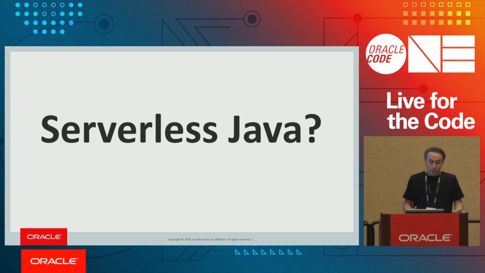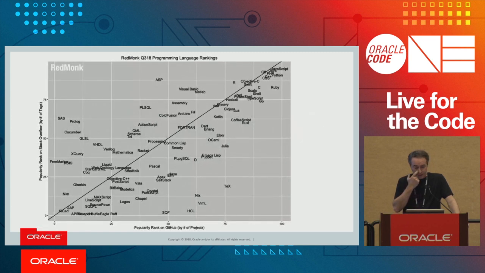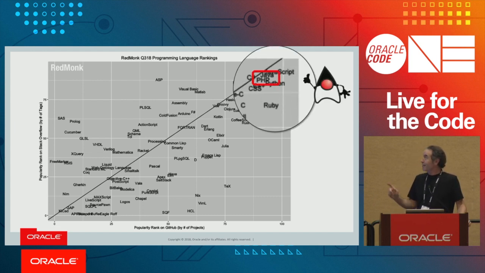So that brings me over to Java. So where's Java in all this space? Well, here's the RedMonk language rankings, which you probably are familiar with. Every year it comes out and everyone's kind of keen to look at your favorite language, right? So there's a lot of languages on there. If I zoom in on Java, it's right in there, which is good, right? So Java is one of the most popular languages in the world. It's maybe 1 or 2. You always see JavaScript and Java these days contending for the top spots. It's up there, right? So that's great. It's a world domination language, right?